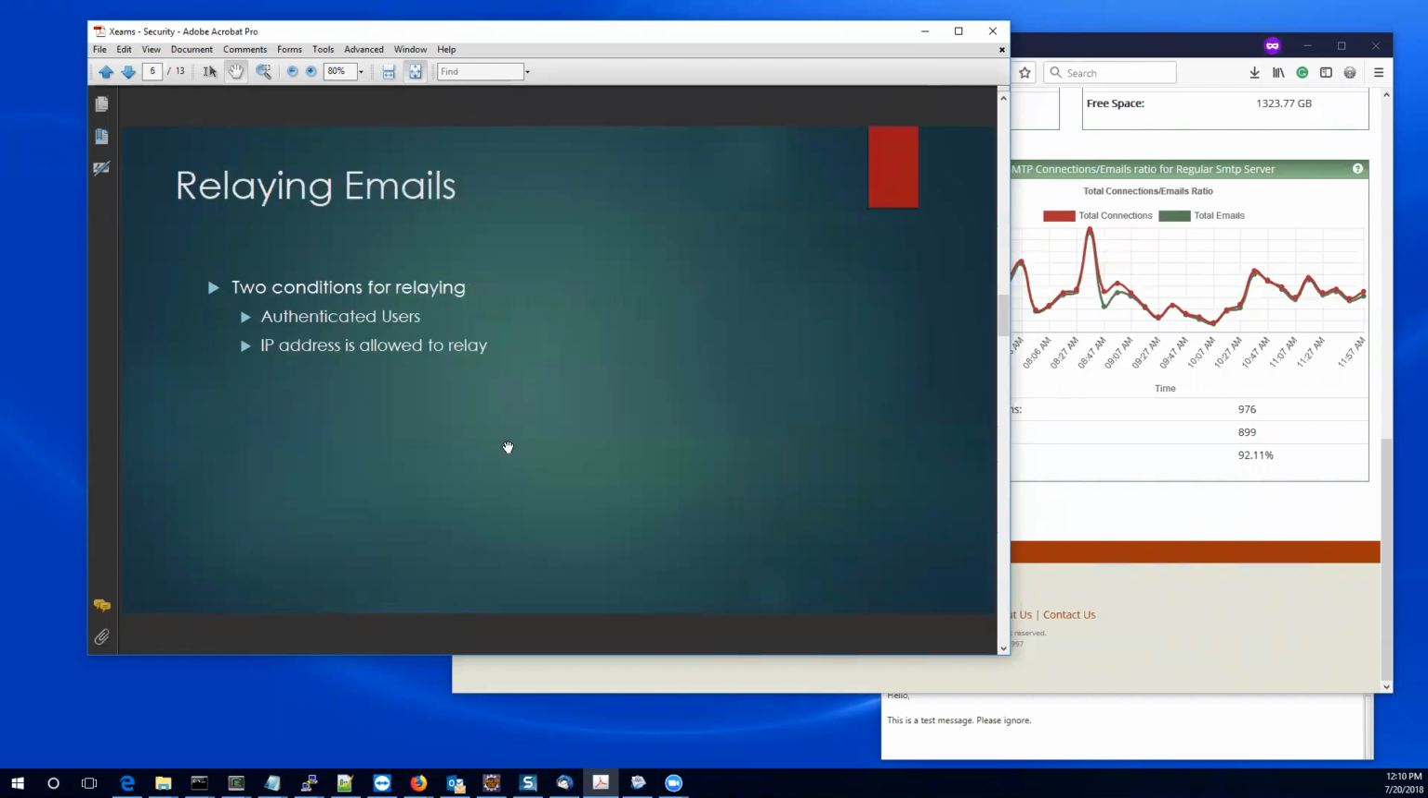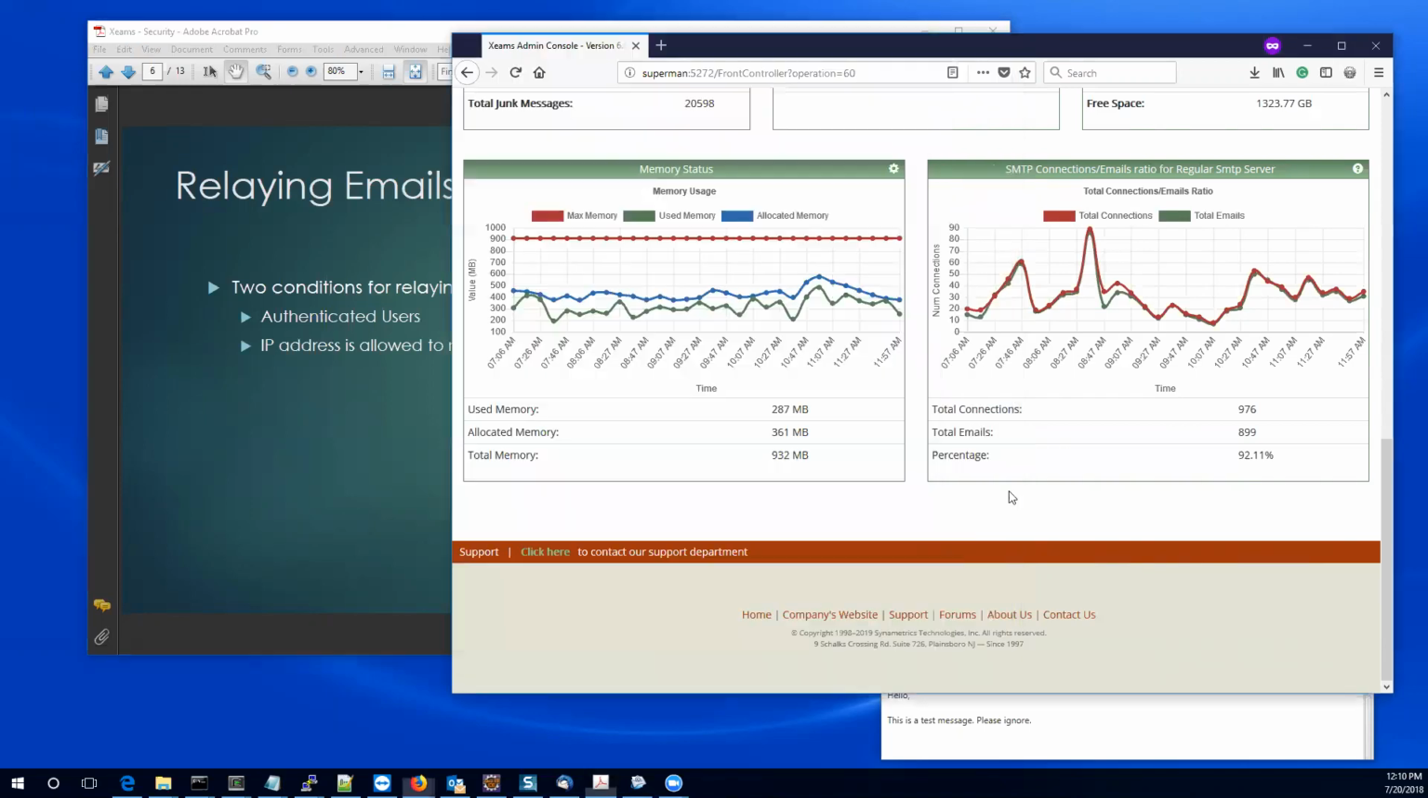So when you are using the regular SMTP server, one thing that we have to monitor is who is able to relay. There are two conditions where Zeem or any SMTP server is going to allow relaying. The first is authenticated users. So if the user is authenticated, the SMTP server is going to say, okay, fine, I'm going to let you relay. By the way, if somebody does not know what exactly SMTP relaying is,